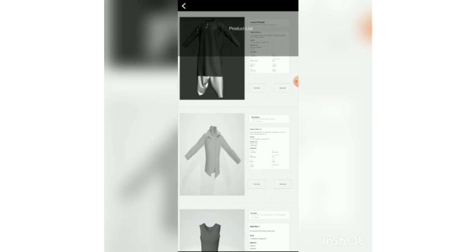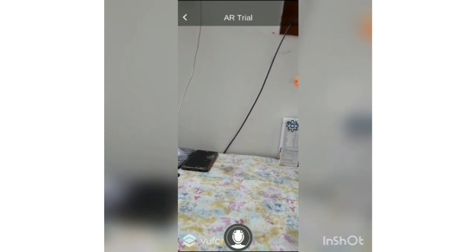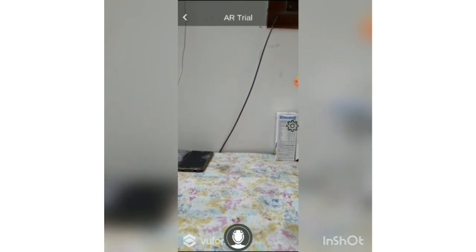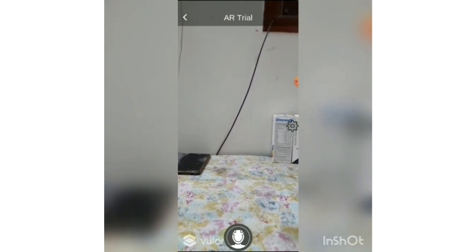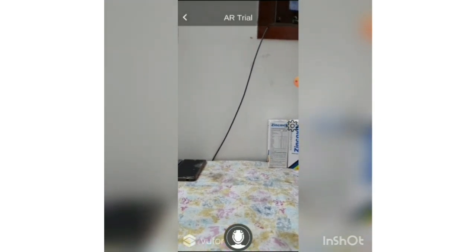After we give the trial now option, the camera will open. A face tracker button will appear at the bottom of the screen. We can try both in horizontal and vertical position, but if we try in vertical position, we will not get wide angle of the background, so the model will occupy the whole space of the screen. So we have to keep our phone in horizontal position so that the model can be perfectly fitted to the person.